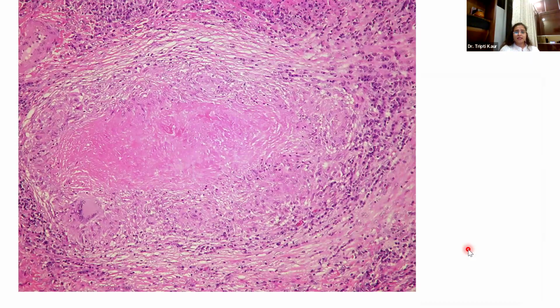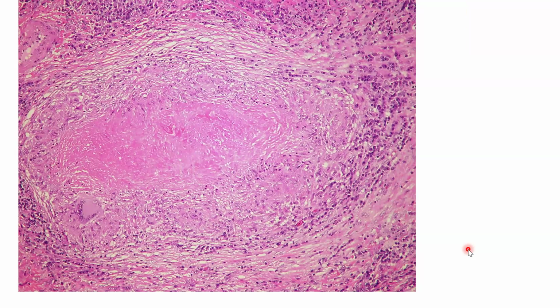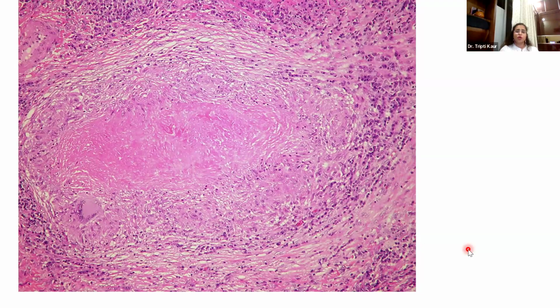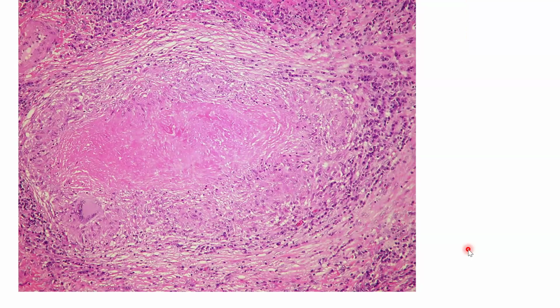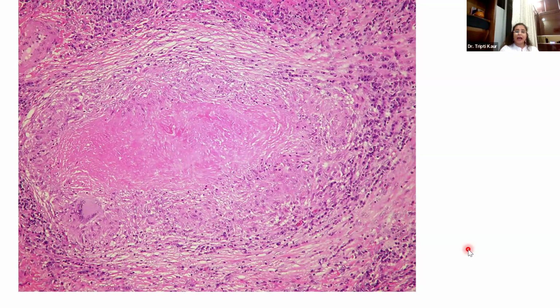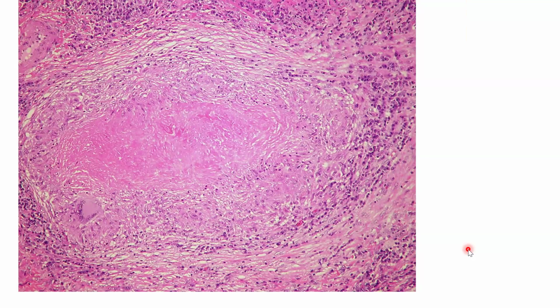So what is this? This everybody should be able to answer. What is it? Quickly. Rheumatoid. Very good. Tuberculosis. What will you suggest in your answer? What do you want to do? Culture and Ziehl-Neelsen staining. PCR, especially. Yes, AFB and the PCR. And would you like to suggest PAS, GMS also? Yes, just to rule out fungal infection. Very good, very good.